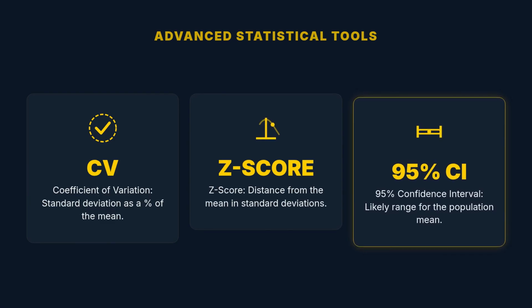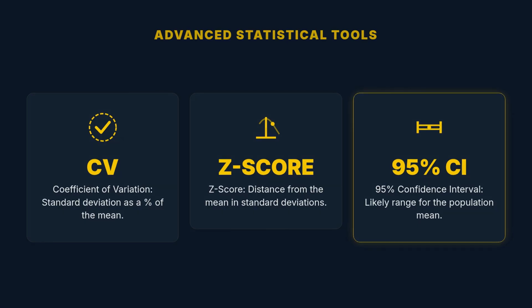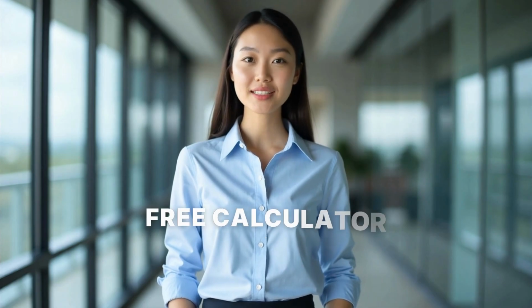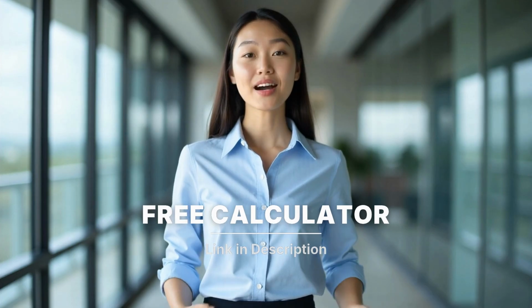And the 95% confidence interval tool calculates the likely range for the true population mean based on your sample size and standard deviation. Whether you're a student, an engineer, a scientist, or a data analyst, this is the only standard